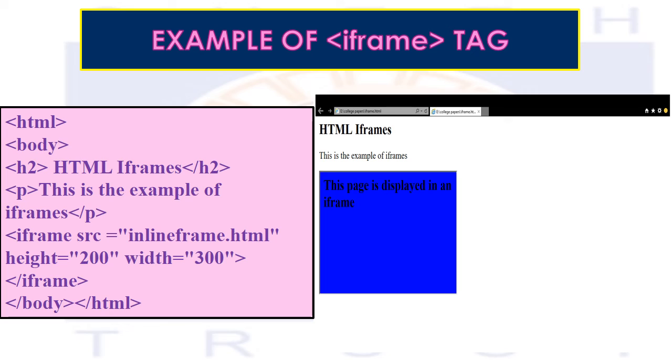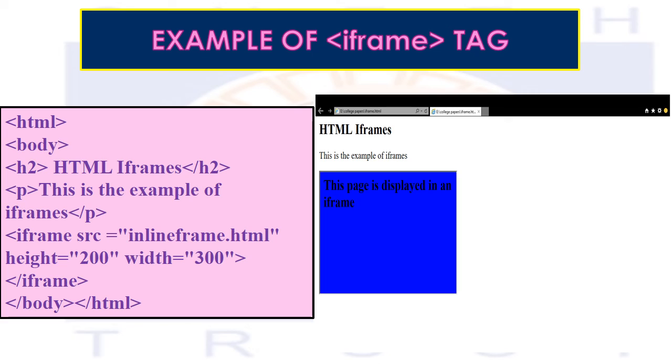Here you can see the inline frame.html file. In that I have given this blue color and the iframe, all the contents which has to be displayed in the iframe, right? Then the iframe tag is closed, it is a pair tag, and close the body and HTML tag. This on the right hand side, students, you can see the output of the iframe, correct?